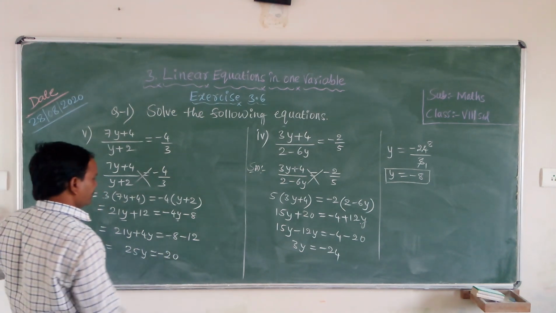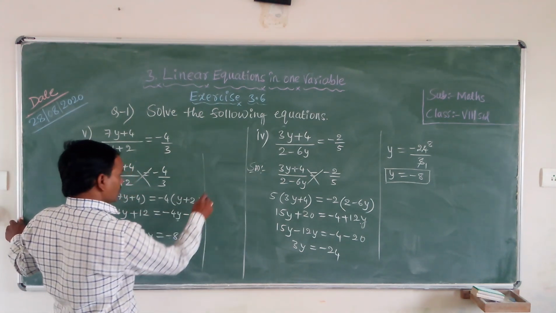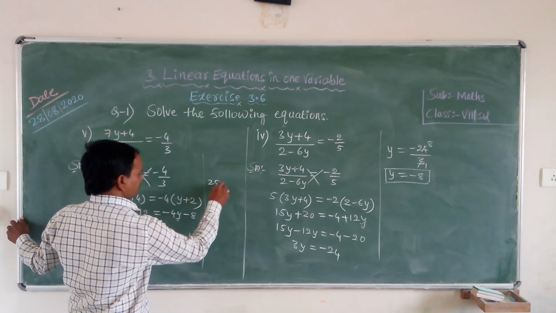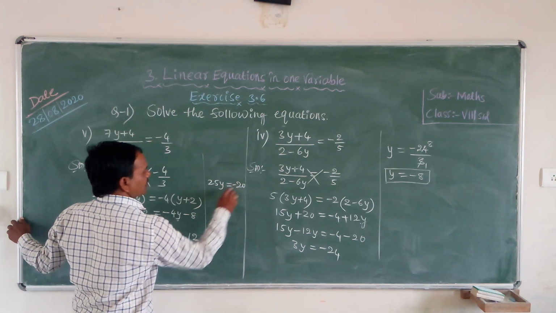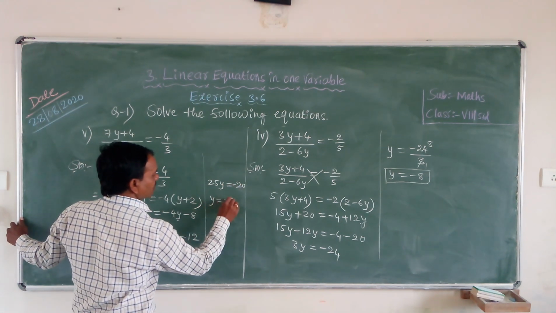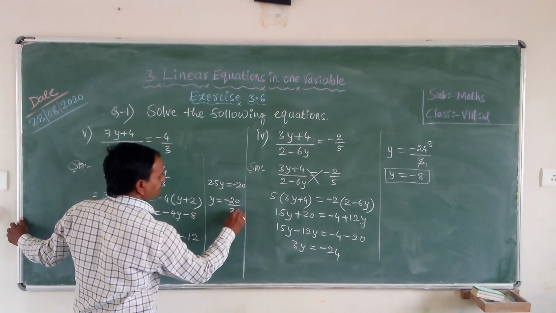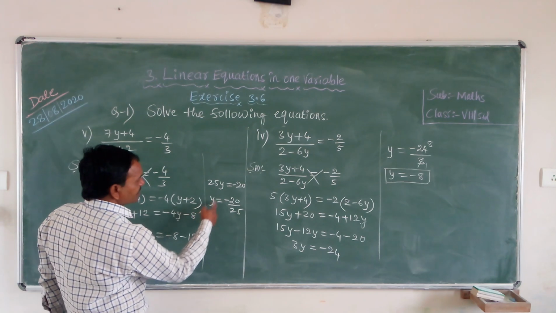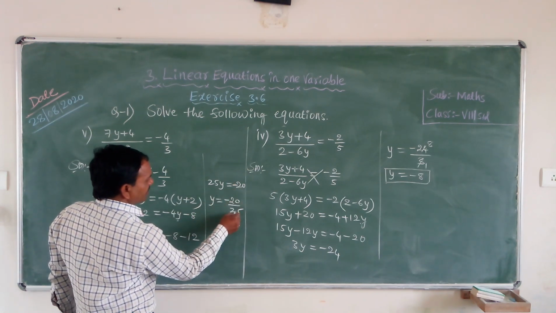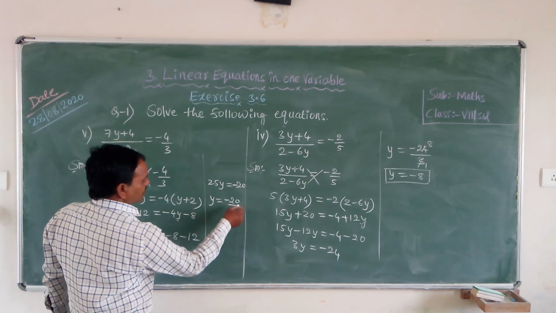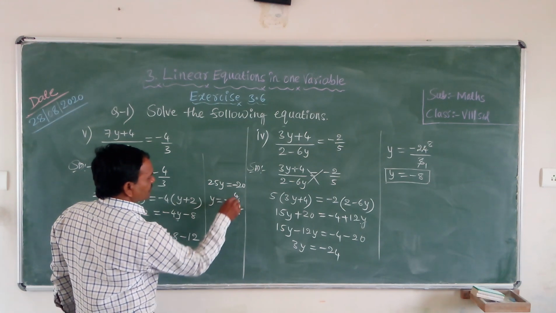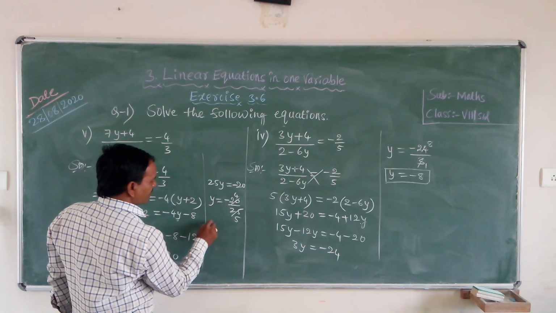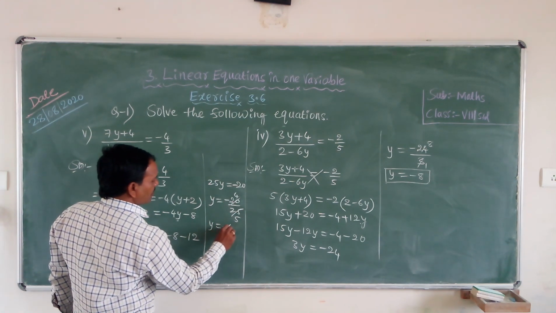So 25y is equal to minus 20, so y is equal to minus 20 by 25. Now 5 4s are 20, 5 5s are 25, so y is equal to minus 4